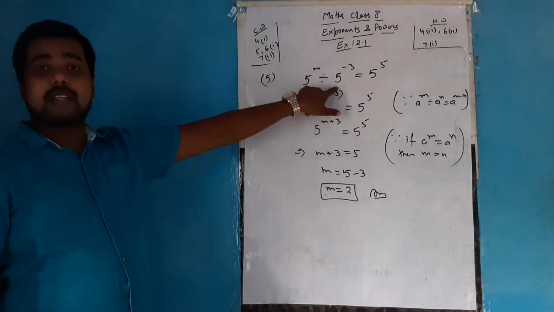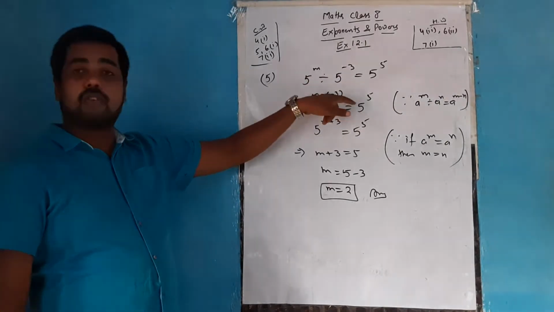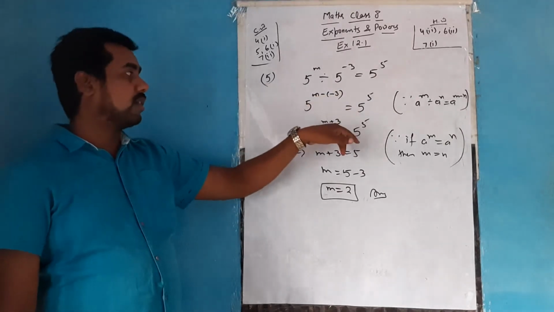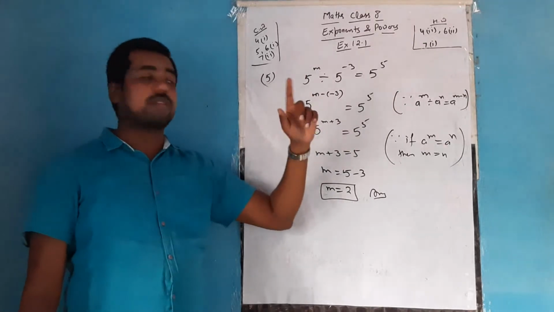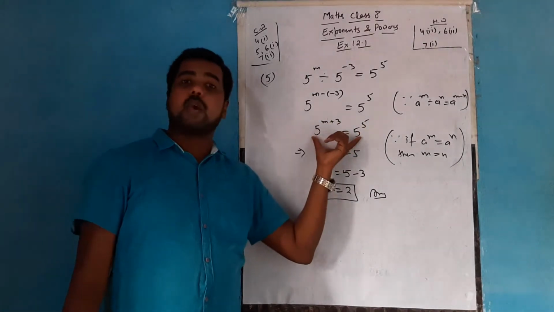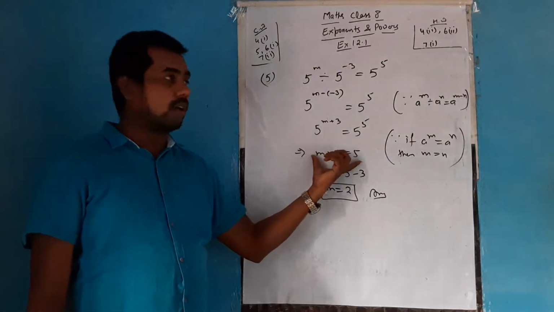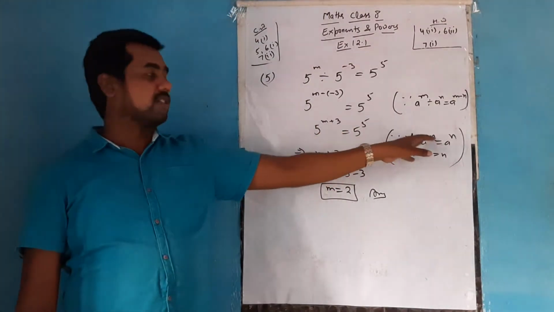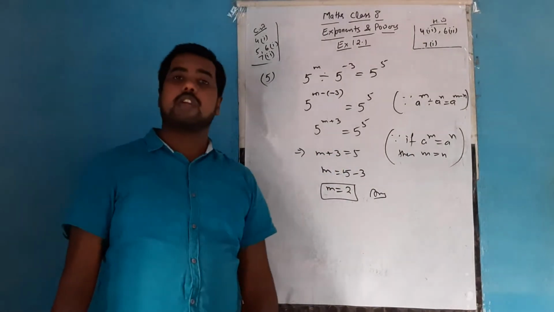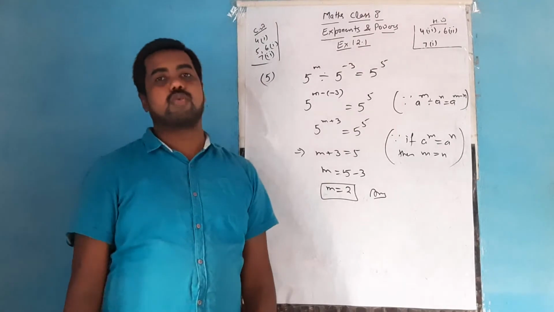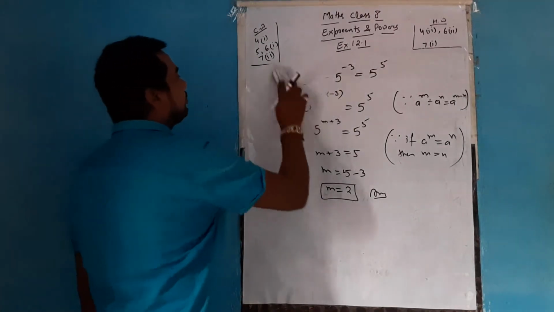Again I am telling it again. When you see that the bases are the same and a divide sign is between them, then you go for the second law, that is, subtract the powers. After subtraction you get the result m plus 3, and according to the last law, when the bases are the same on both sides of the equation, then the powers can be equated. The law I have also mentioned, so the bases are the same, now the powers become equal, so the value of m came out as 2. This is question number 5.